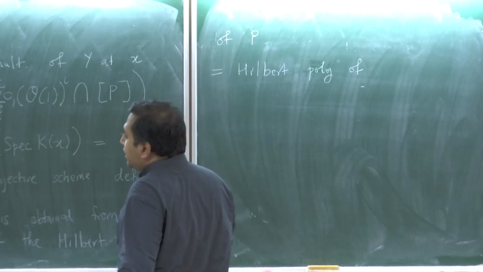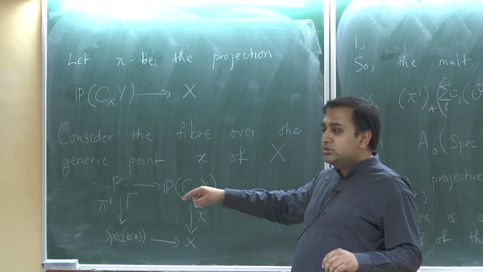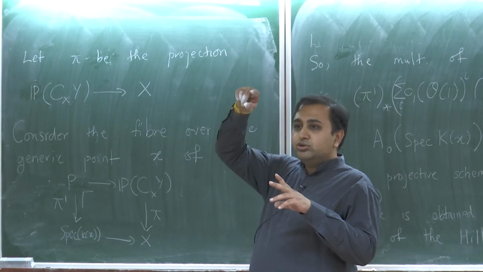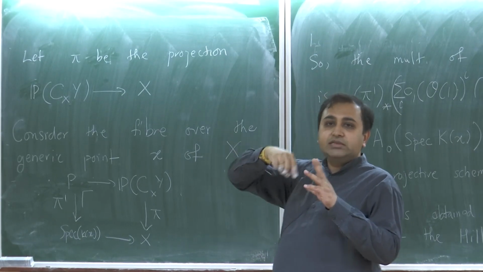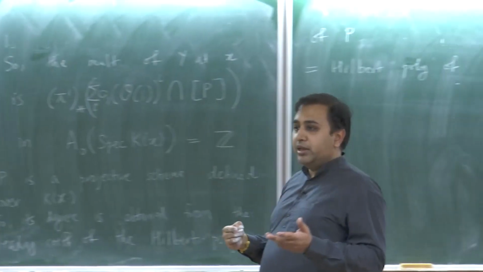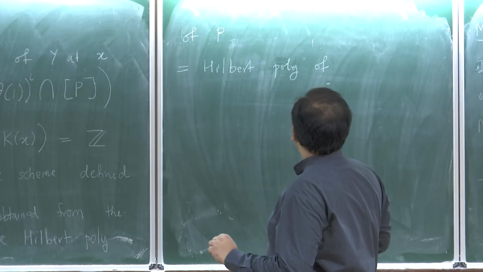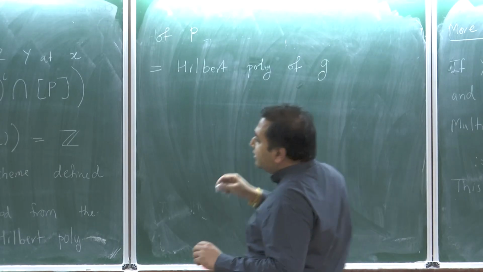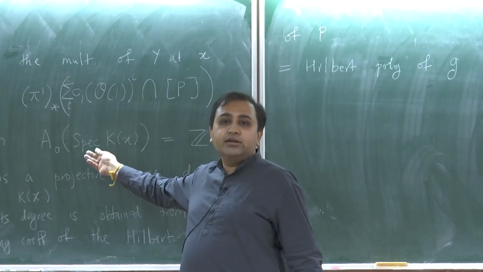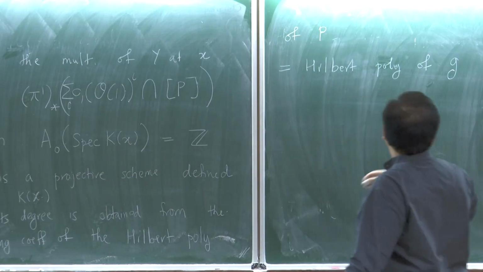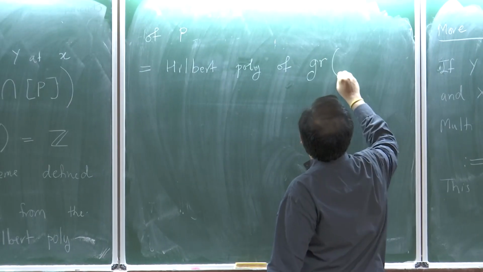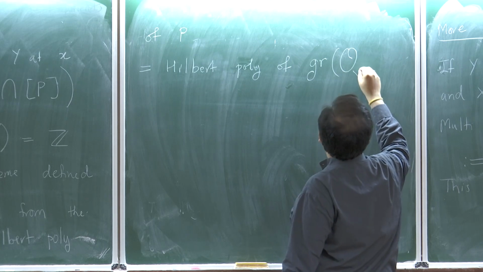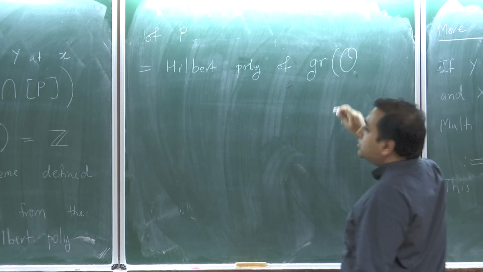See, the way I defined C_xY, it was the sum of I^j mod I^(j+1), where I is the ideal defining X. So when I localize at the generic point, what do I get? I get the graded ring of